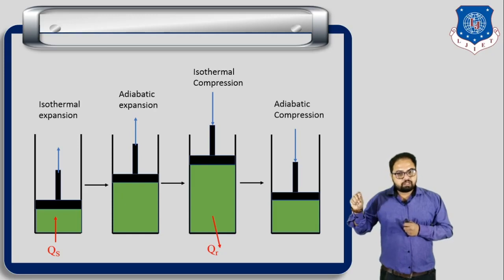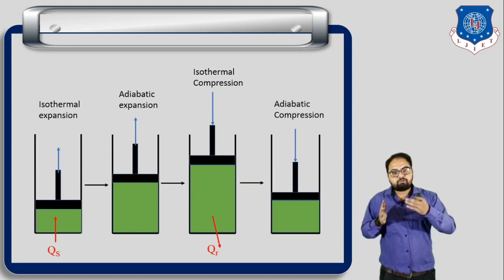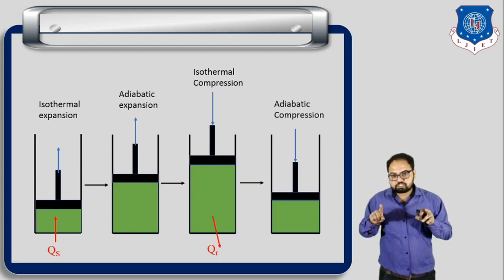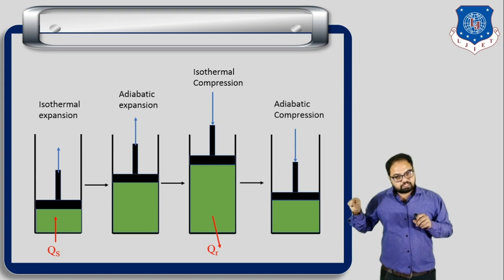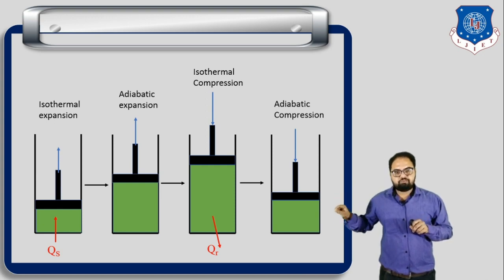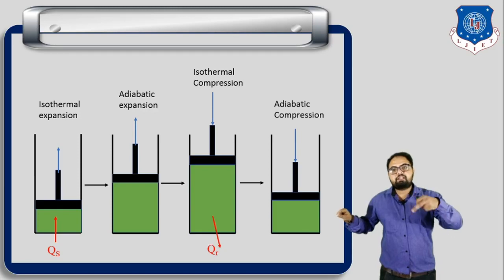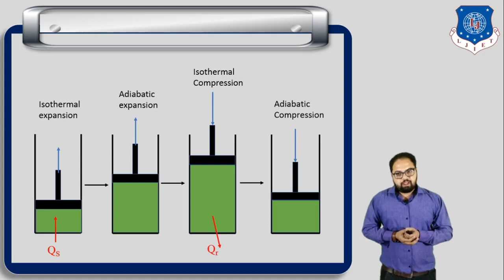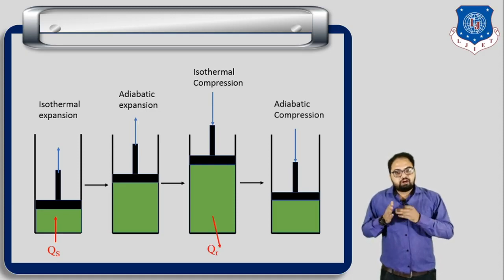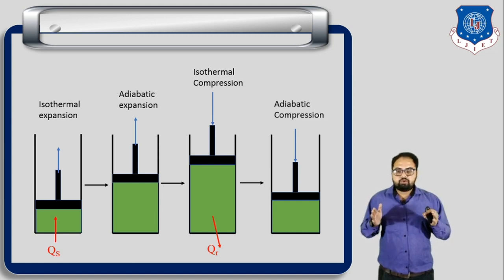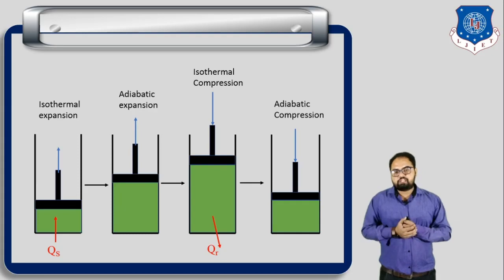the temperature of the gas reaches T1, because of the fifth assumption: the transfer of heat does not change the temperature of the heat source. That means the heat source which is at temperature T1 remains at temperature T1, but it transfers the heat to the perfect gas until its temperature reaches T1, and due to that the transfer of heat takes place at constant temperature, and during this process there is expansion of the gas. So this process is known as the isothermal expansion process.